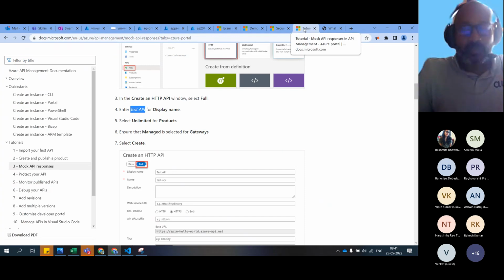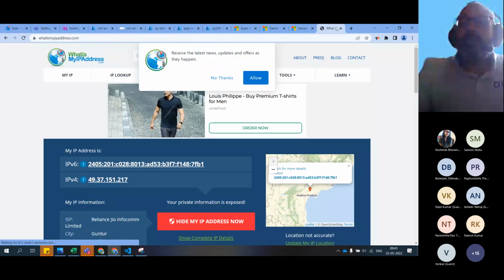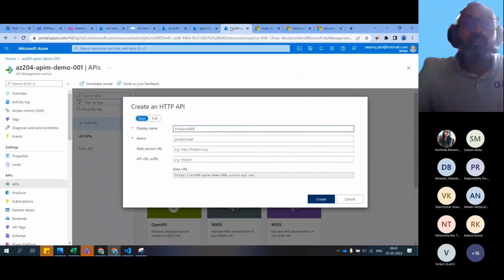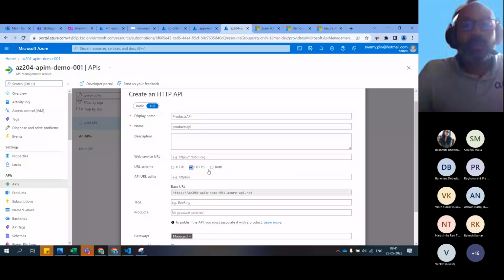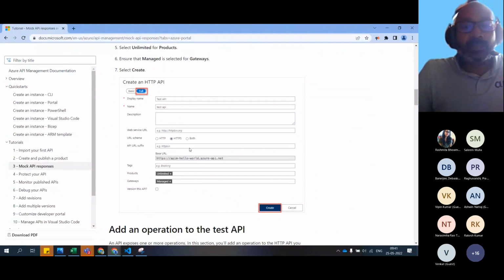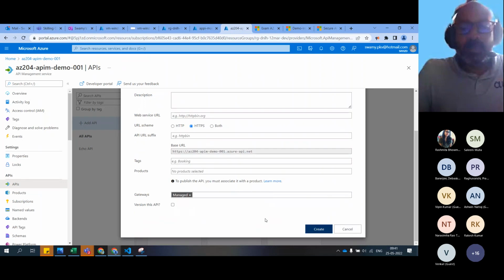Let me move this so it will be easy for me to switch between the windows. I'll close this. Okay, the display name is this one, and select the products, unlimited. So let's keep it this one, HTTPS. Let's keep it HTTPS, and we don't have anything there. Well, we'll keep it like this and we'll create it. At this point of time, we don't have any